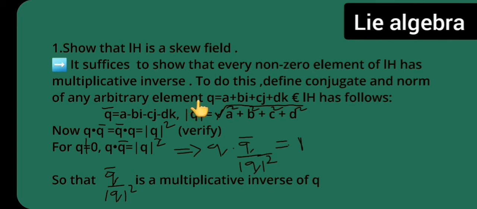Okay, so I have taken my q, which belongs to H, as follows. And what is my q conjugate? Like this way you have to write down. Then this one also you have to define conjugate and norm, and then you have to verify this, and whatever you are getting, you all try to solve without looking. Okay, I have just solved the solution for you all.